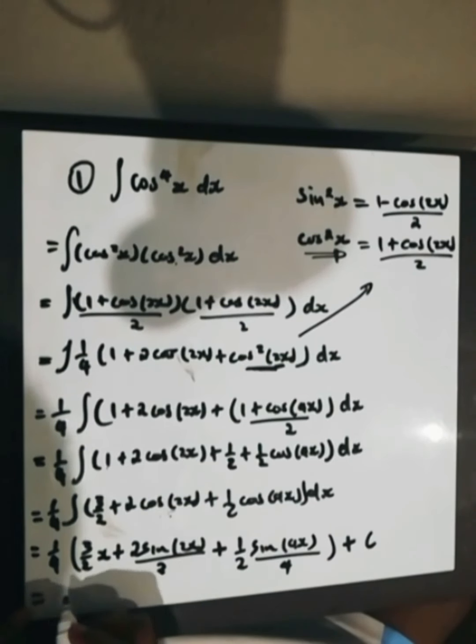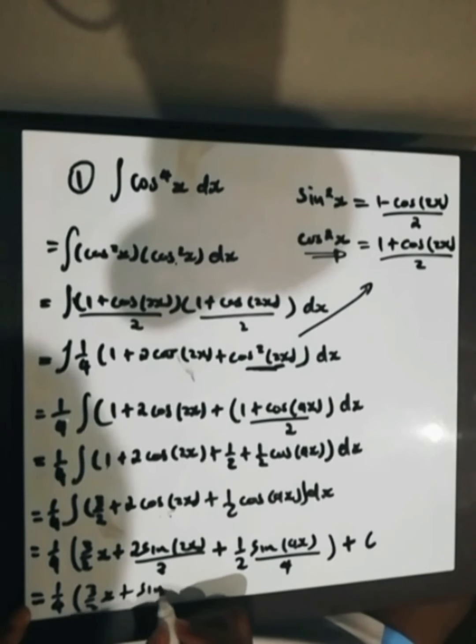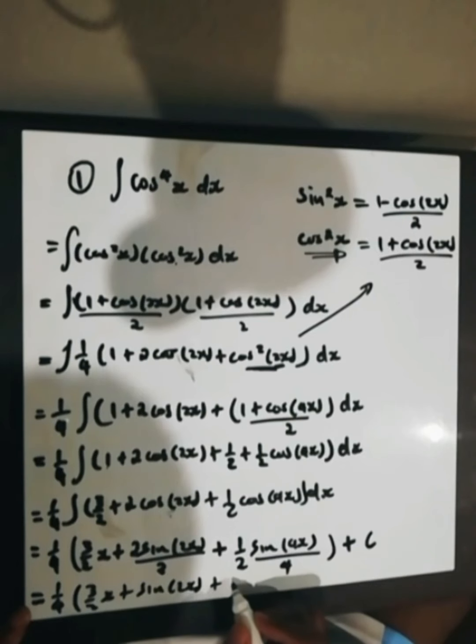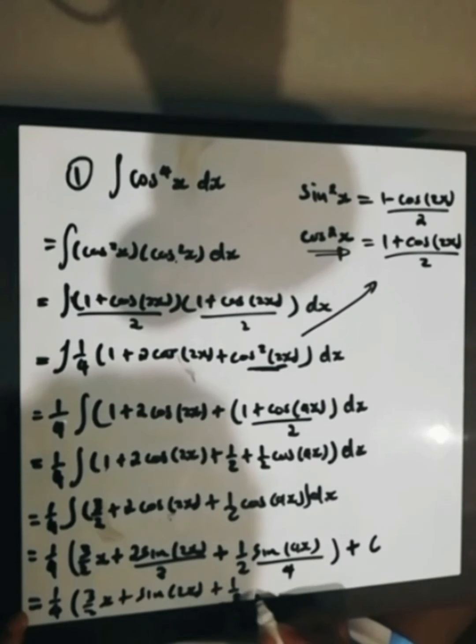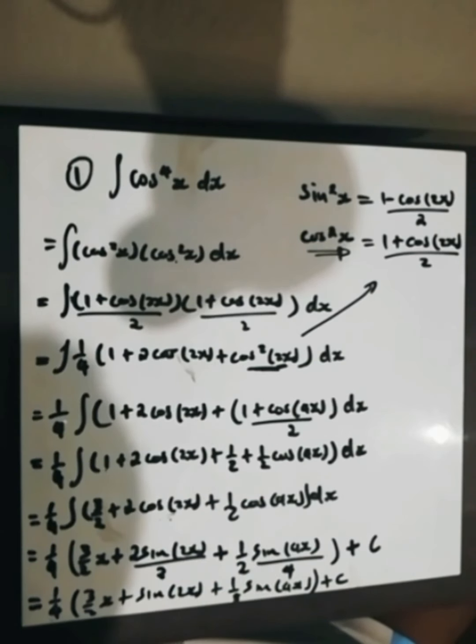It's just to simplify. Now you're going to have 1 over 4 outside, and then you work on the inside. This one and this one, they divide. Therefore, you have sine of 2x here, plus here you're going to have something like 1 over 8 sine of 4x plus c. Oh, pardon, that one, not here, but here. Now you can distribute the 1 over 4 again throughout the answer that you have there, and then you will be